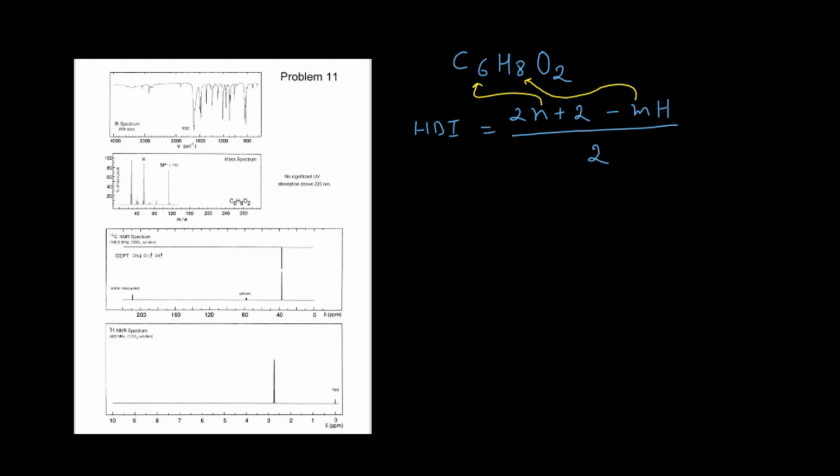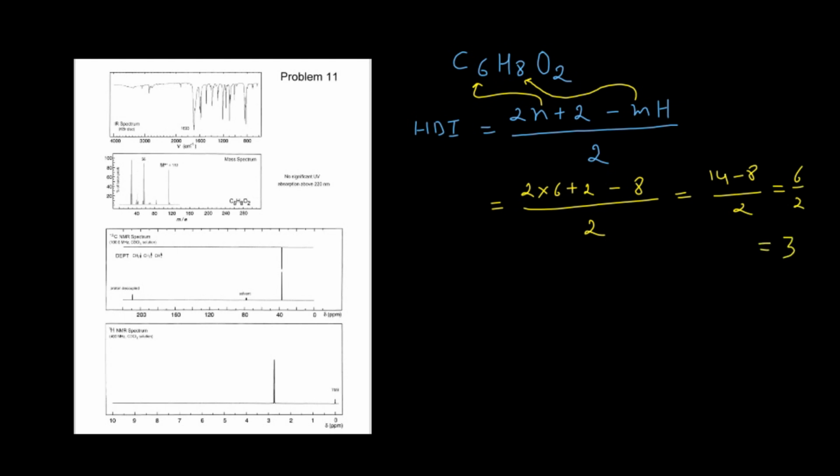With the help of this, you can calculate the hydrogen deficiency index. That would be (2 times 6 plus 2 minus 8) divided by 2. It simply means 14 minus 8 over 2, that is 6 by 2, and 6 by 2 is 3,